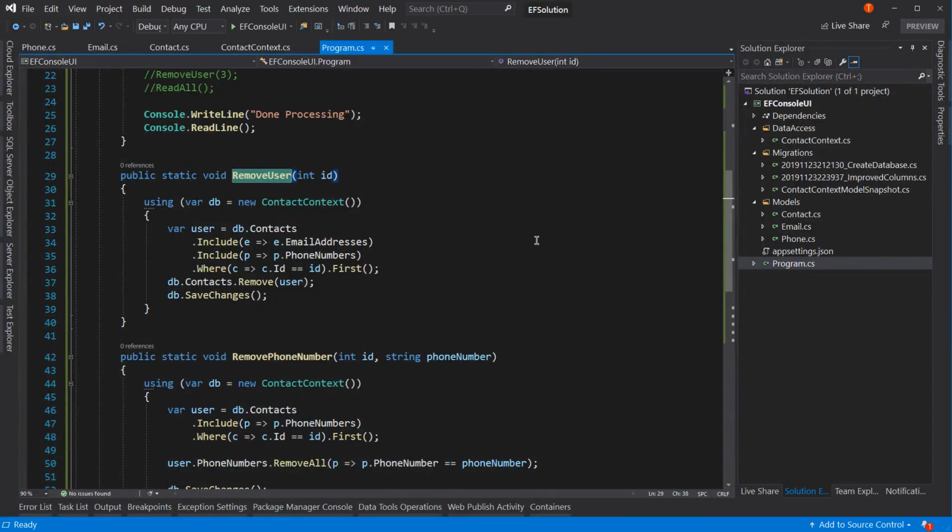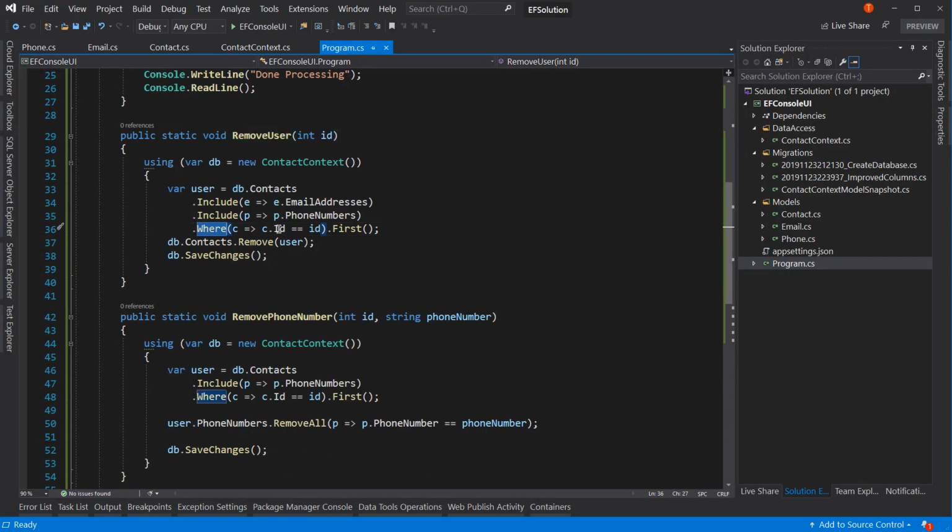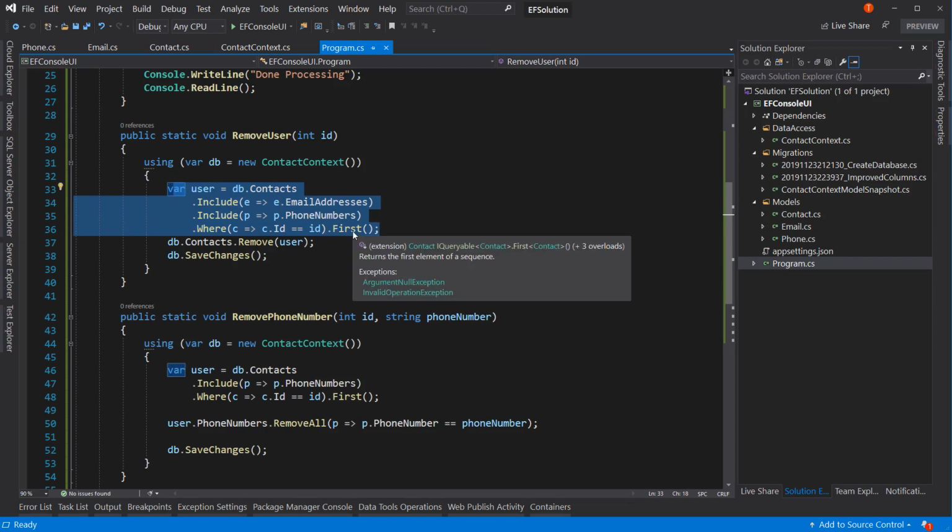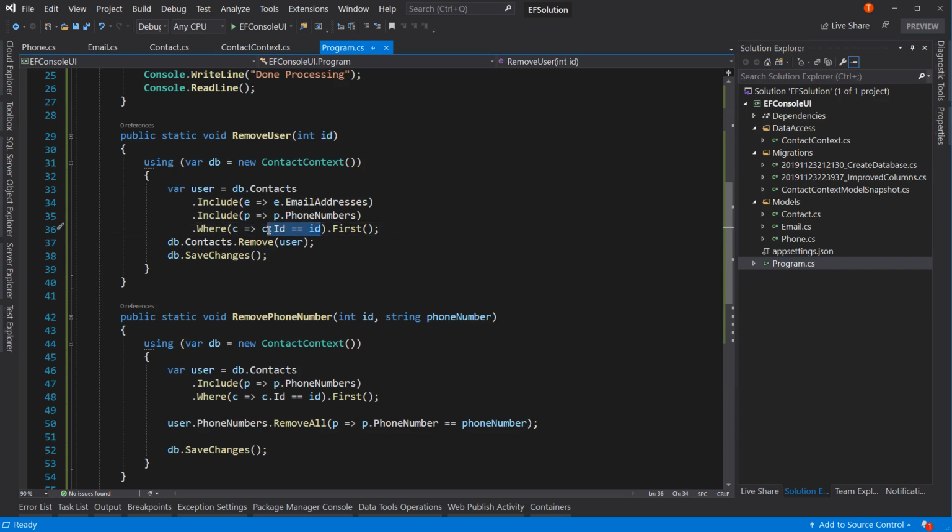is if we go back here to our where clause, if you were to wrap this in a method, a C# method, you could do that. But think through how that would work. Because right now, this whole query is passed up to SQL, and we only return one record. But if we, in the where clause, run a C# method, we have to have all of the rows in the contact table to run against that C# method, which means that we pull all the data down, then run in the where, then get the